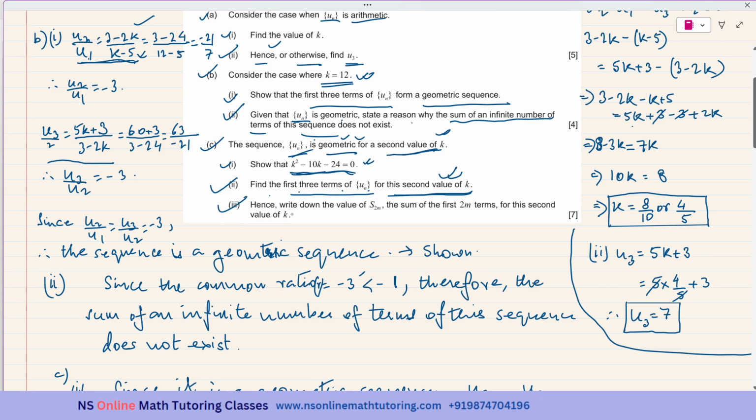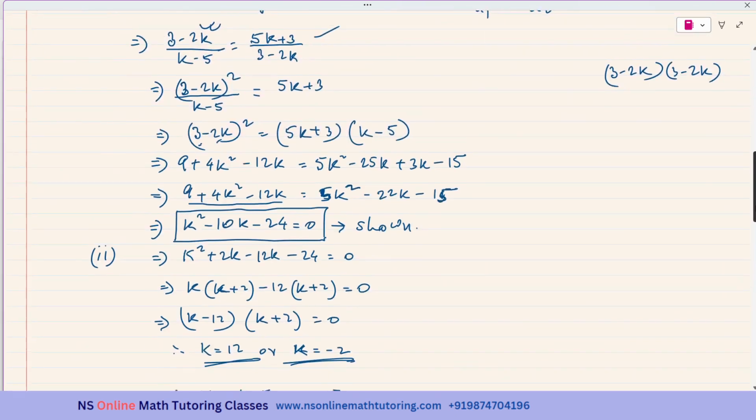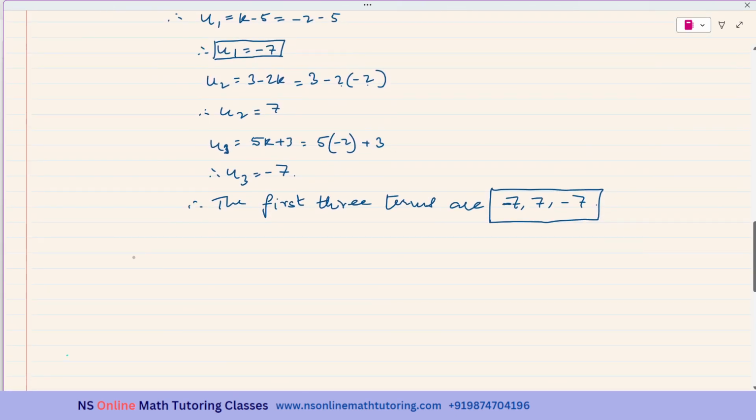Finally, hence write down the value of S2m, that means the sum of the first 2m terms, for this second value of k. u1 is equal to negative 7, and what is the common ratio? Just by looking at the numbers, we can see that the common ratio is negative 1. So, S2m